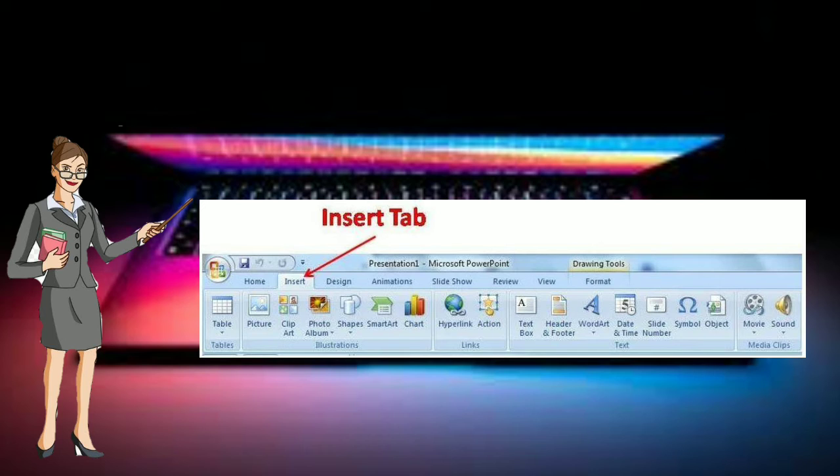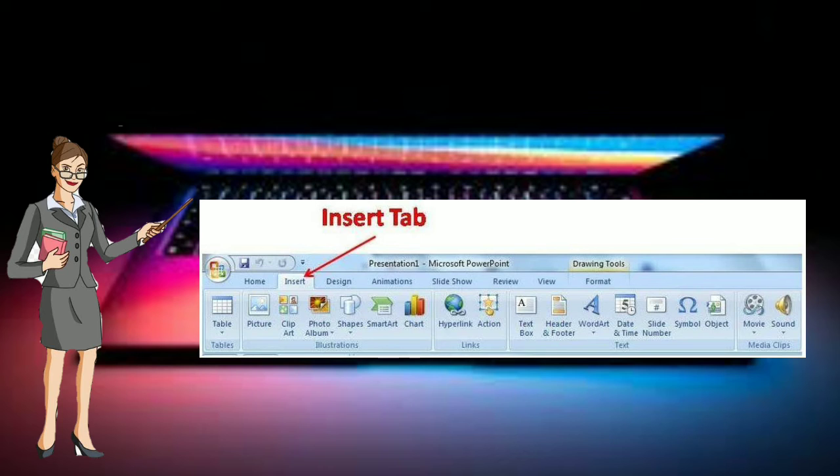We can insert objects into the slide using the tabs available in these groups. Means with the help of the Insert tab you can insert slides.